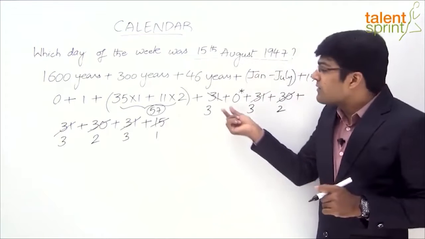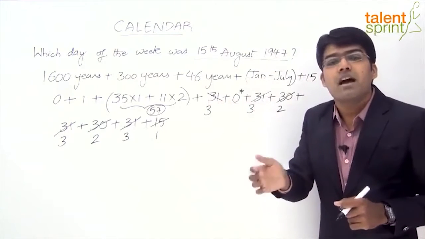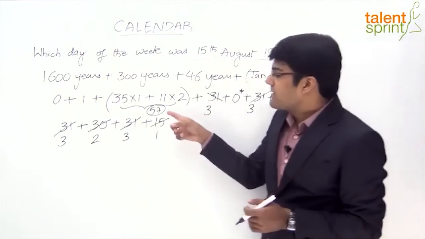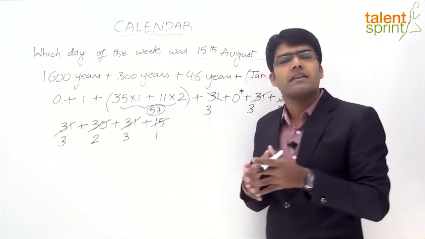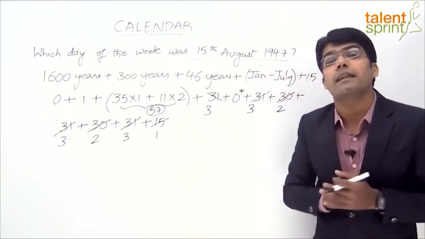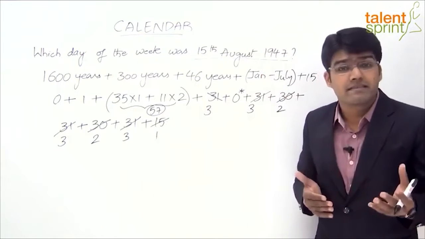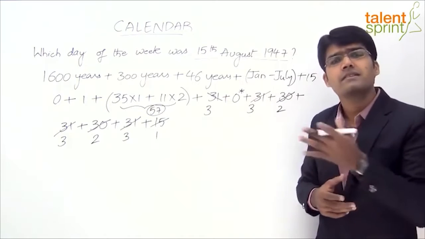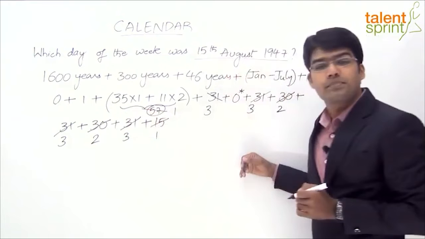So this way, instead of considering the total number of days of the month, we can only consider the additional number of days after complete weeks. So our calculation becomes easier. Likewise for 57 also, we don't have to add 57 in the sum. What can we do? 57 can be split as 8 weeks plus 1 day. 57 is equal to 56 plus 1. 56 days is equal to 8 weeks. 7 into 8 is 56. 8 weeks plus 1 day. So we don't have to add 57. I can say this is equal to 1 odd day.